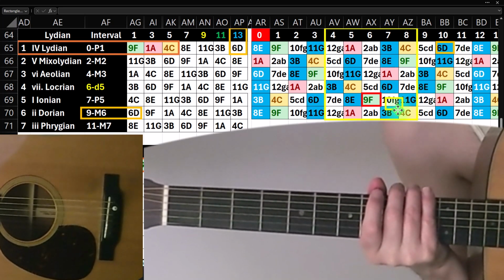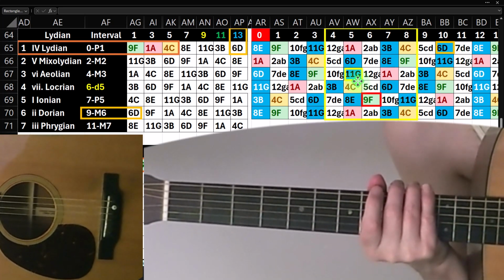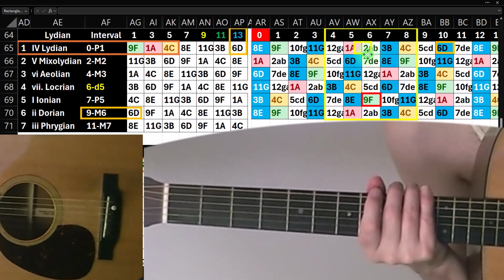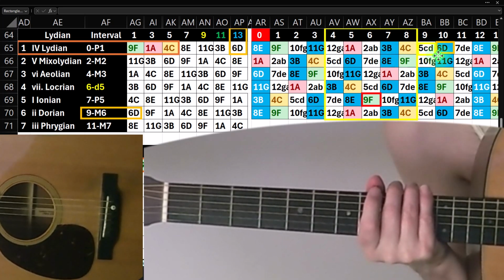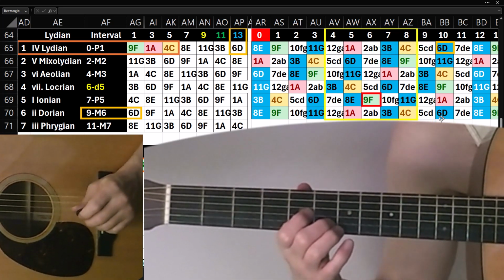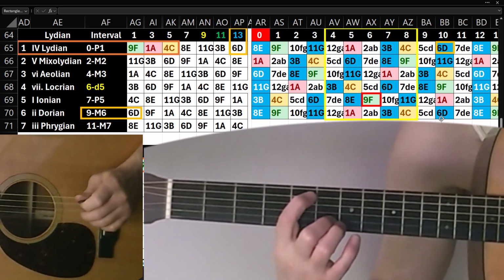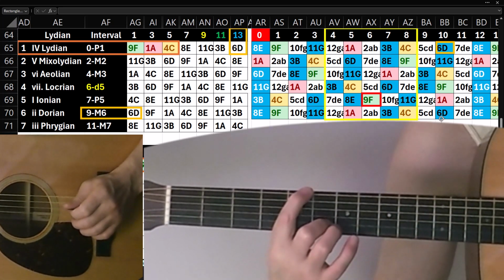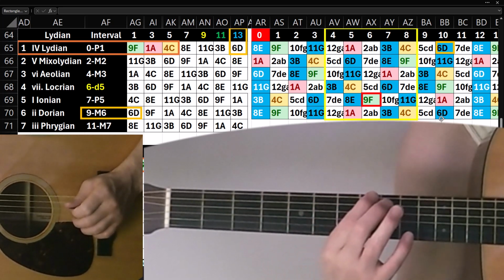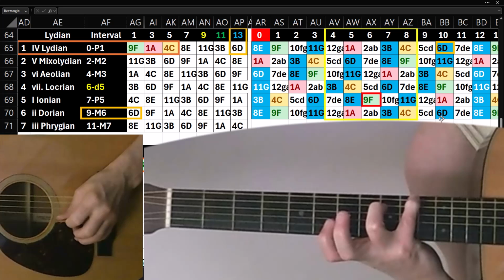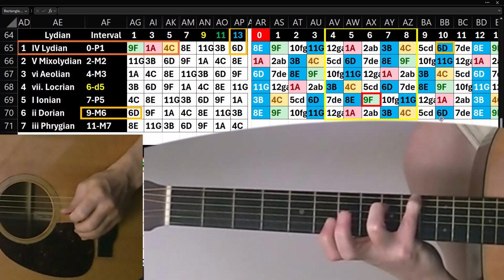would be 3. So I'm going to say -5, -10, -15. 15 minus 12 is -3, plus another 5 is -8. -8, 7, 6, 5, 4, 3. So let's count it out this way. -5, -10, -15. 15 minus 12 is -3, plus another 5 is -8. -8, 7, 6, 5, 4, 3. Boom, boom. So if I played from this D to the F, that would then be a